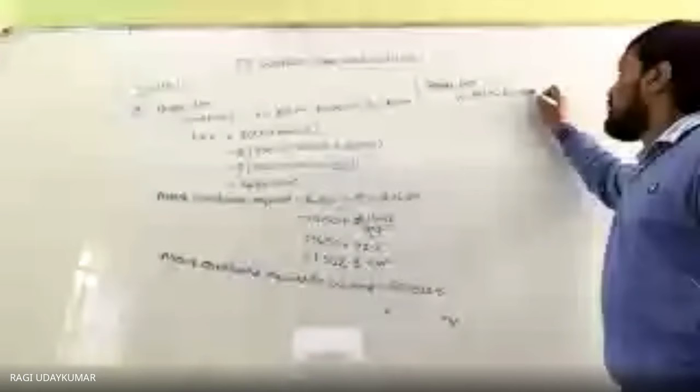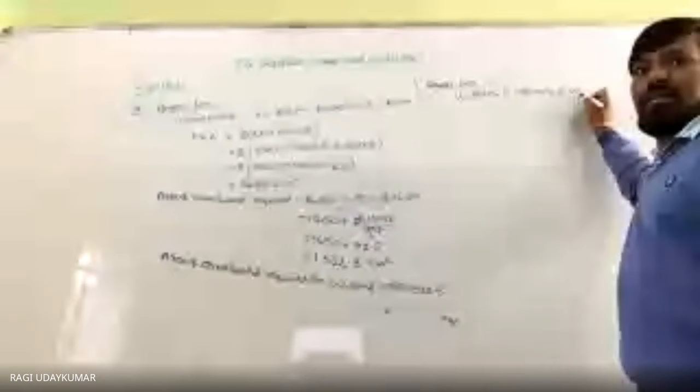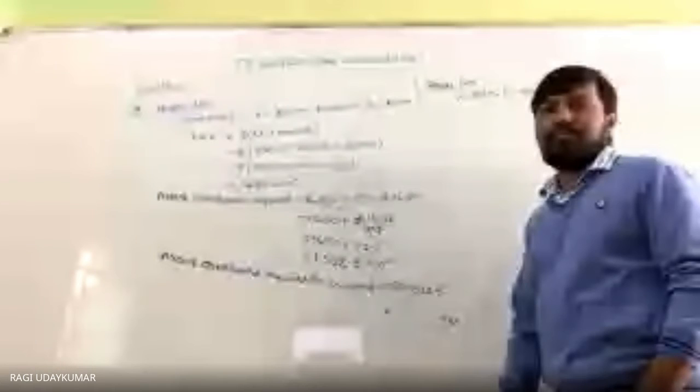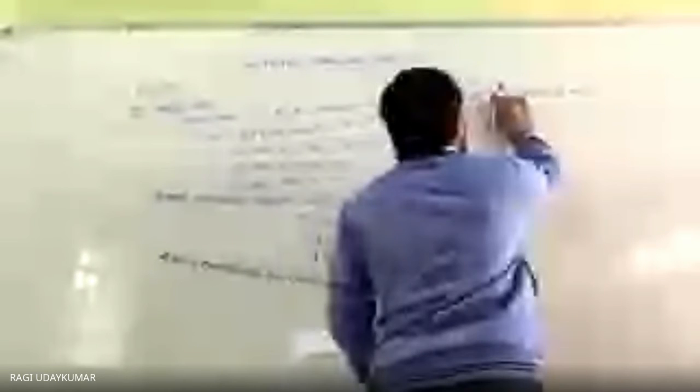In the same way, you need to find out the smaller box. The dimensions are given to you. Length is equal to 15 centimeters, breadth is equal to 12 centimeters, and height is 5 centimeters. So these are the dimensions given to you. This is the total surface area, after finding which it is equal to 2 into L plus...